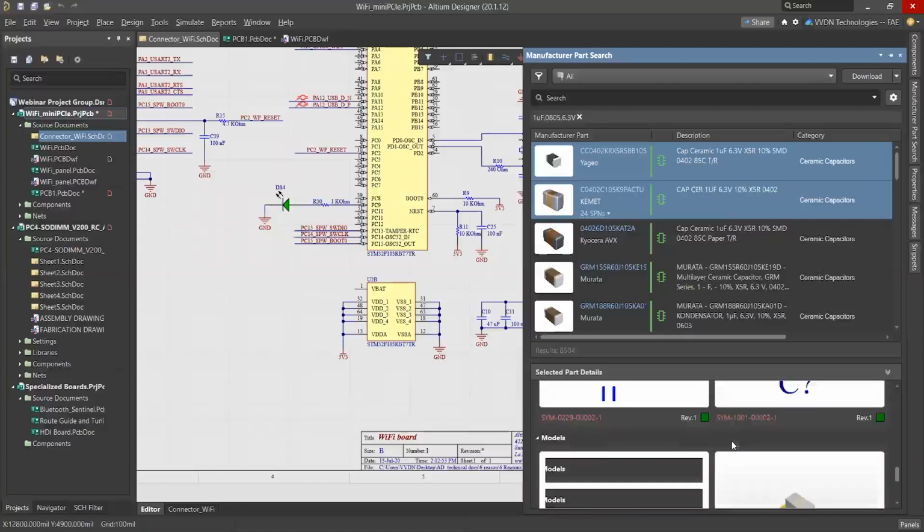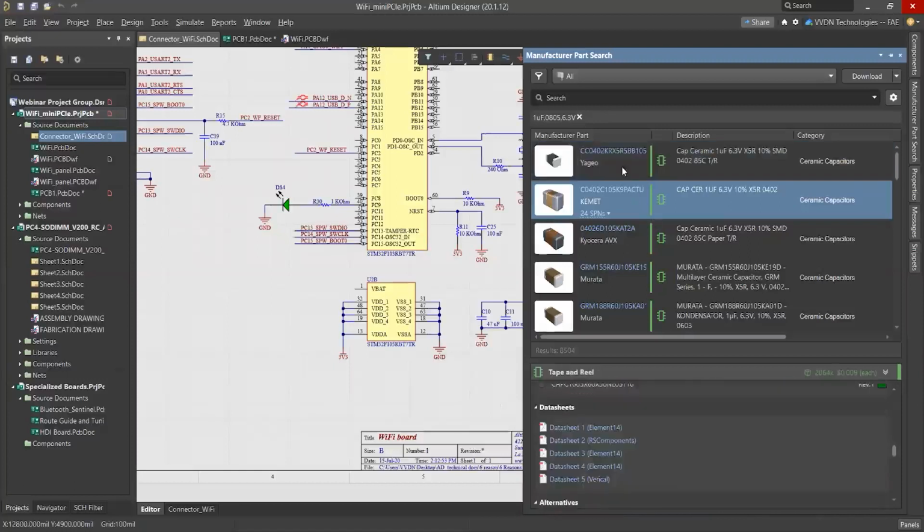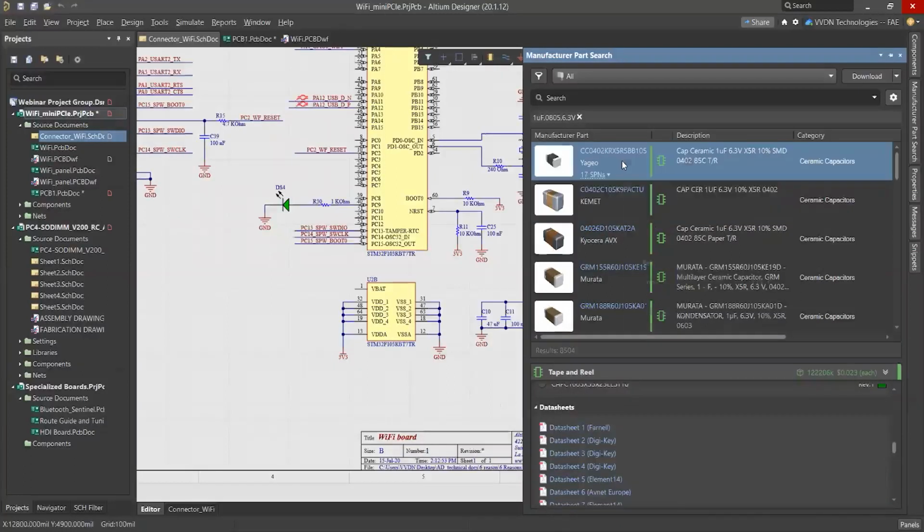After that, if you want to go for this component, you can select and you can place.